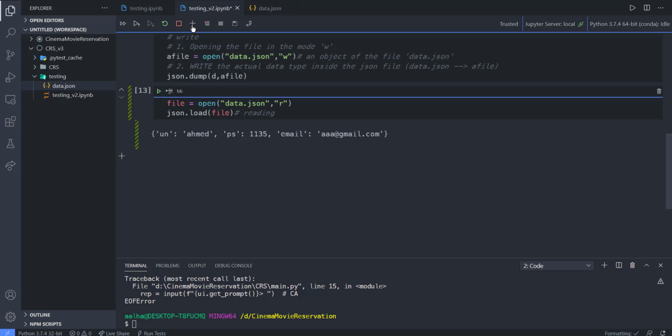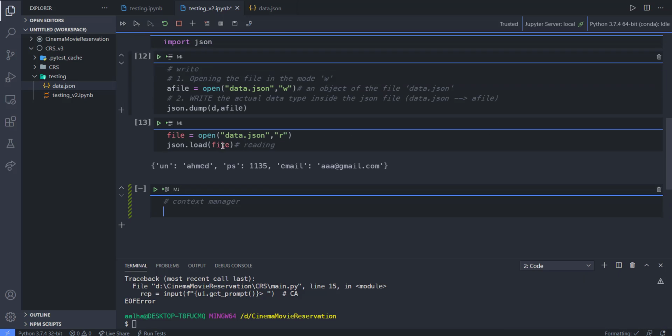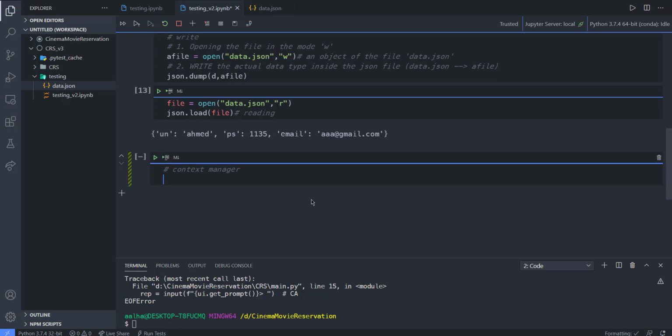Okay, there is another way to read and write, that's using something called the context manager, which somehow looks prettier than that, because it looks a little bit convenient to use. So instead of using open and storing that instance of the opened file inside a variable, I can just say, if I want to write, let's say that